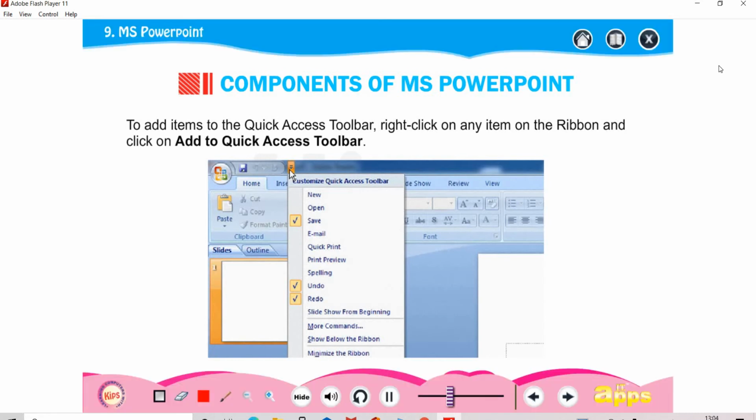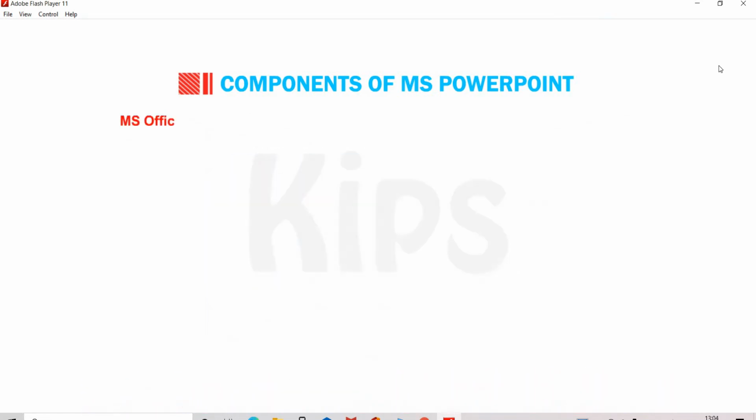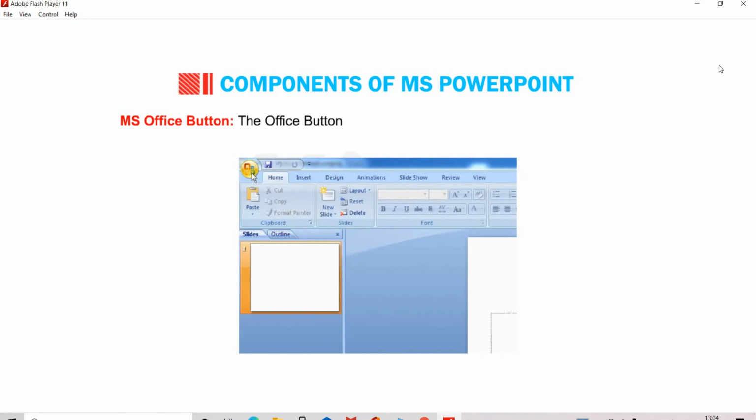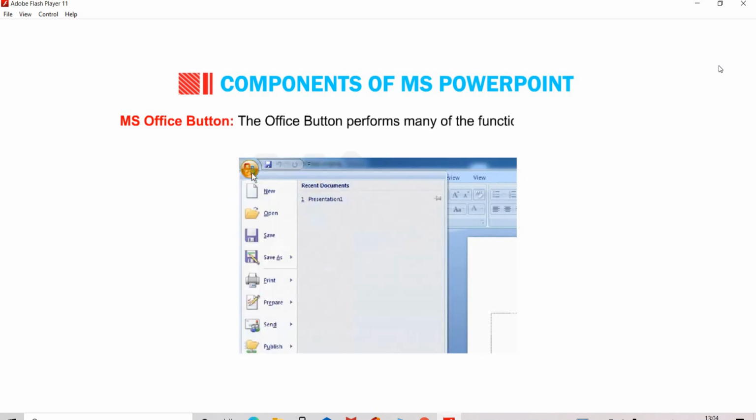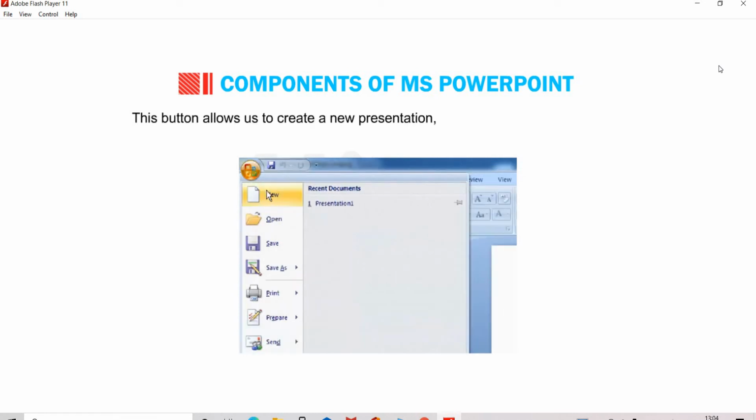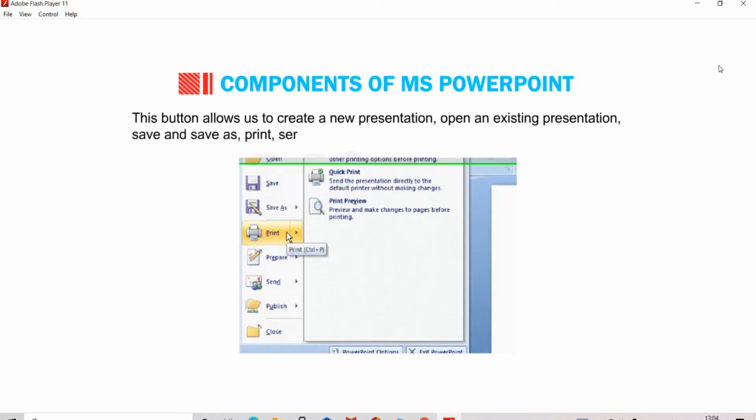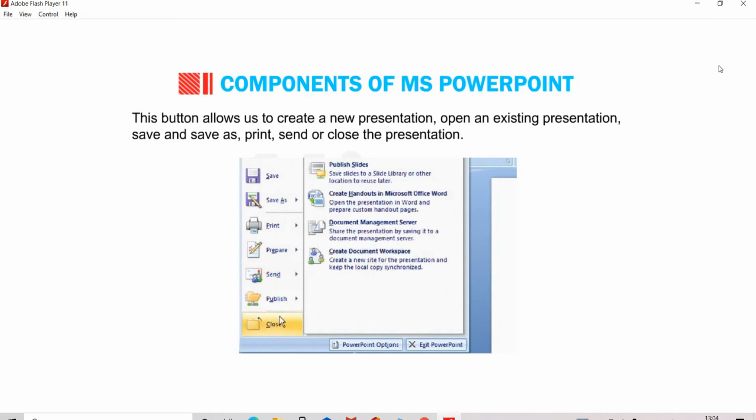To add items to the Quick Access toolbar, right-click on any item on the ribbon and click on Add to Quick Access Toolbar. We have the MS Office button, which performs many of the functions that were available in the File menu of older versions of PowerPoint. This button allows us to create a new presentation, open an existing presentation, save and save as, print, send or close the presentation.